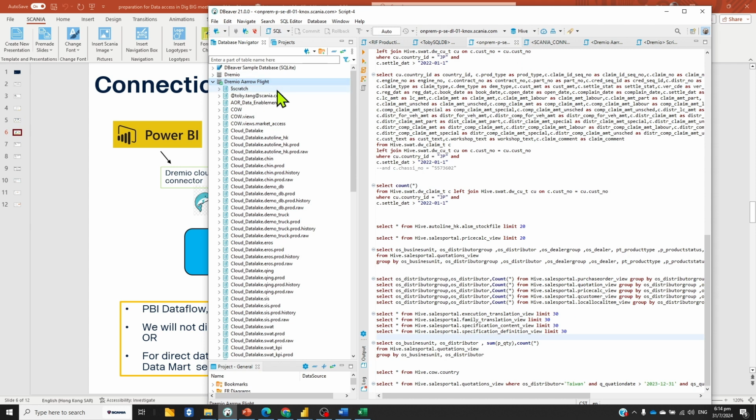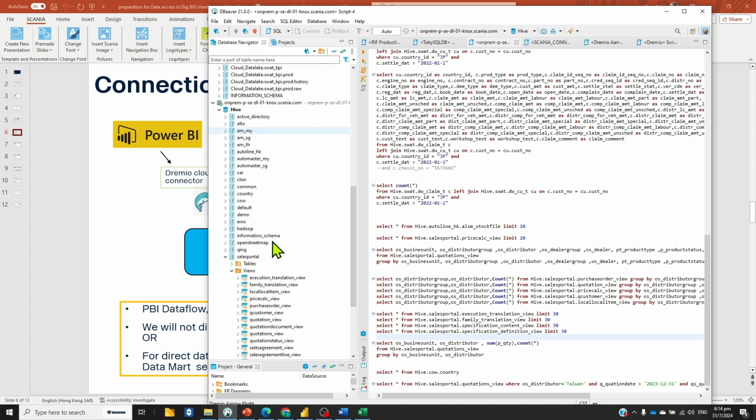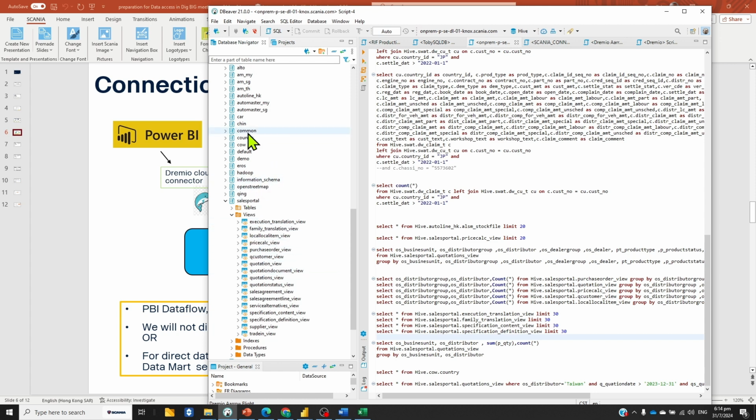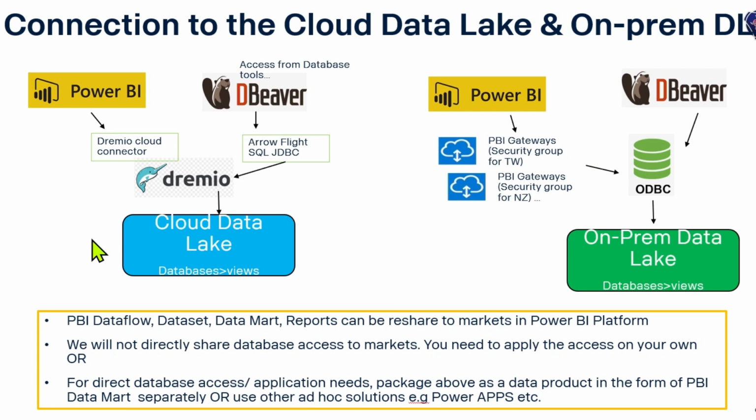Here, connect via the JDBC setup to connect to the cloud data lake, and below is connect via ODBC connection to the on-prem data lake. Here is the sales portal data lake. All you need to apply on your own for all the data assets on the data lake and the database itself, as well as if it requires the Power BI gateway, you need to apply for that for each